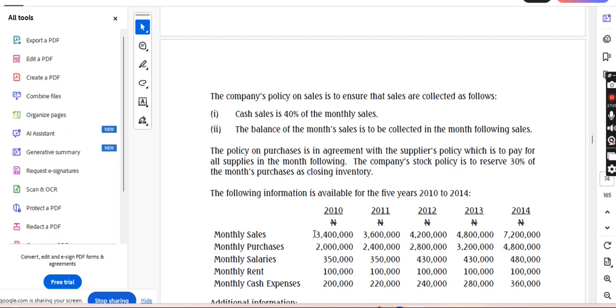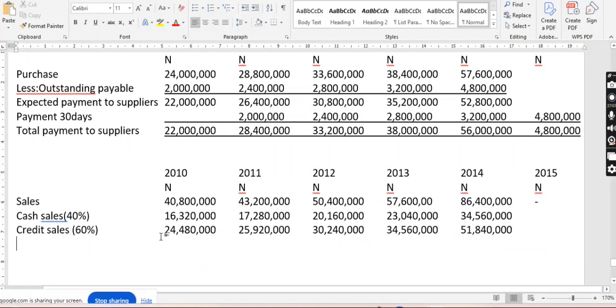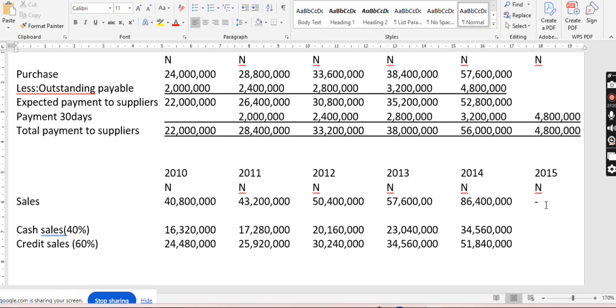So what is in the month following sales? Right? Now, should we use that method first? I think that one will be fair. Let's check it out, if that will work. Cash sales minus the credit sales, right? So we can roll it over. Okay, I'm coming. Cash